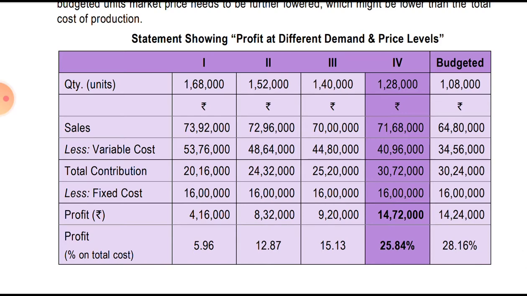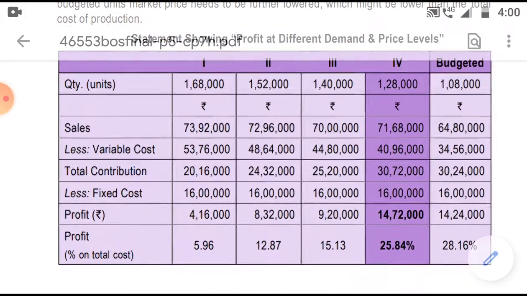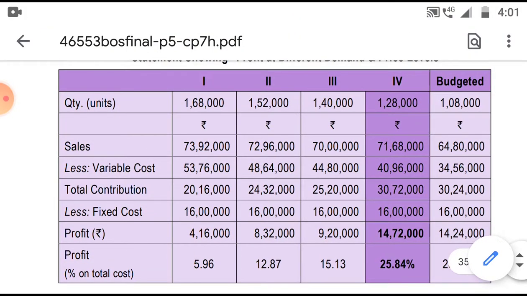So we will first prepare the column here, first particulars, then second column for the alternatives, second, third, fourth, fifth. Actually the last one is also fifth. They had mentioned the wrong heading as budgeted. It will be fifth over there, because you can see over here, there are 5 alternatives. Okay, so we'll write the quantities, then selling price.